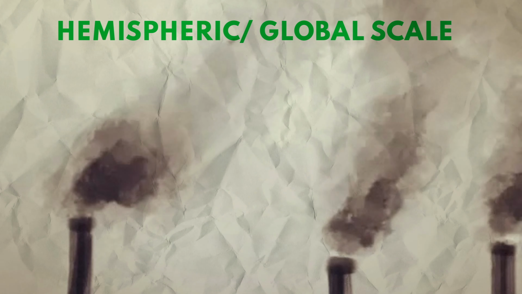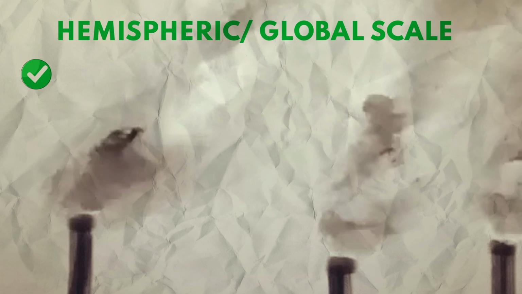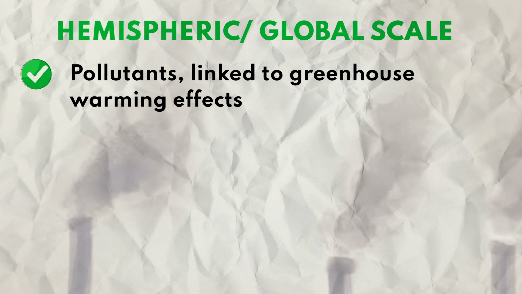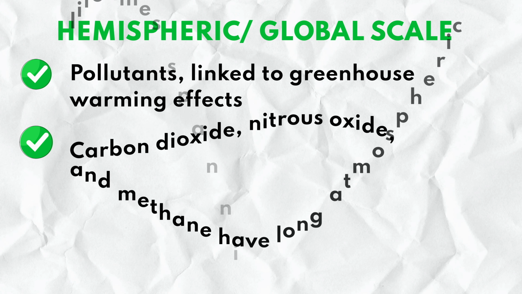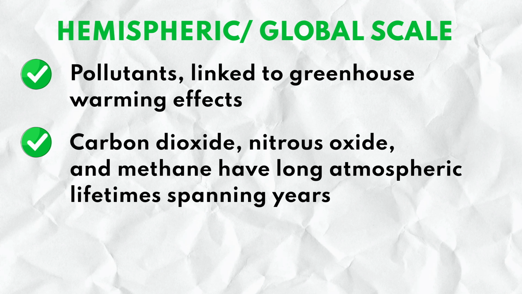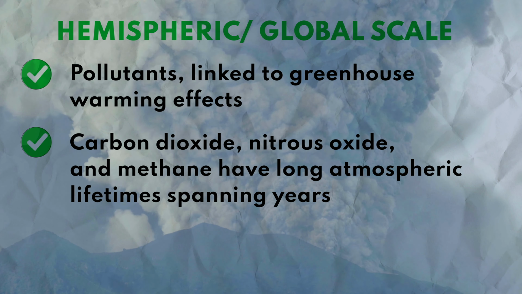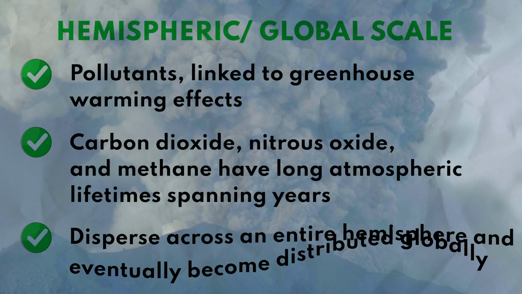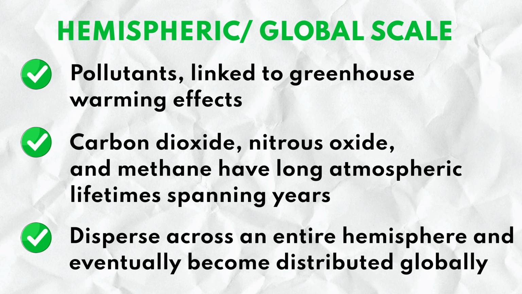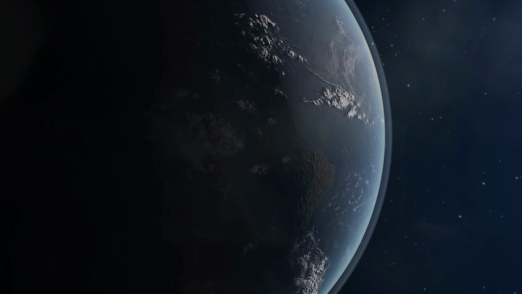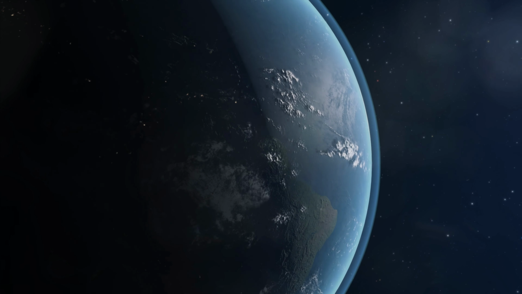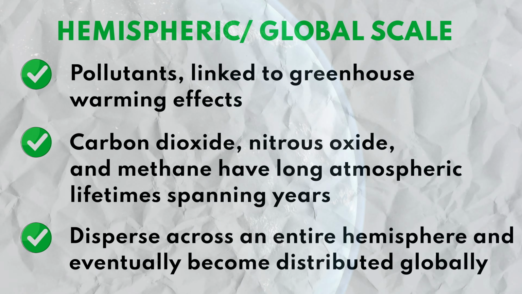Hemispheric and global scale. Certain pollutants, particularly those linked to greenhouse warming effects such as carbon dioxide, nitrous oxide, and methane, have long atmospheric lifetimes spanning years. As a result, they can disperse across an entire hemisphere and eventually become distributed globally. These pollutants have the potential to contribute to climate change on a global scale due to their extended presence in the